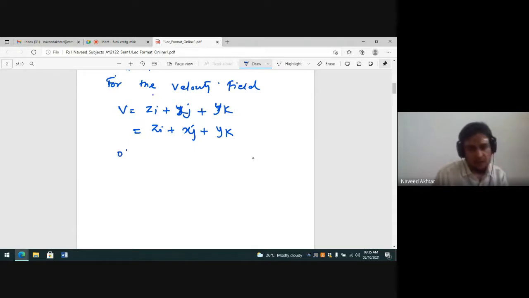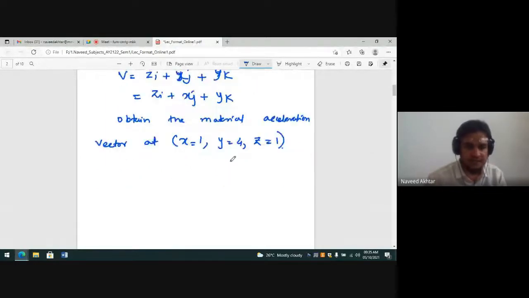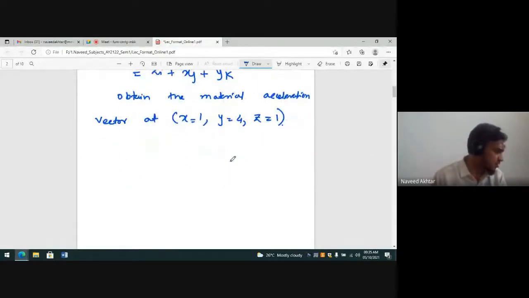Obtain the material acceleration vector at the coordinate x = 1, y = 4, and z = 1. So you have to obtain the material acceleration vector at that coordinate, x = 1, y = 4, and z = 1. Also obtain